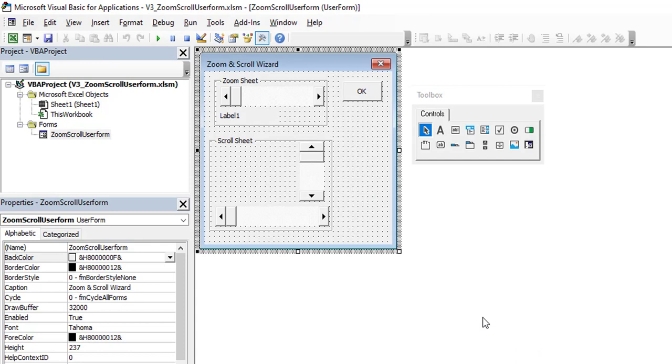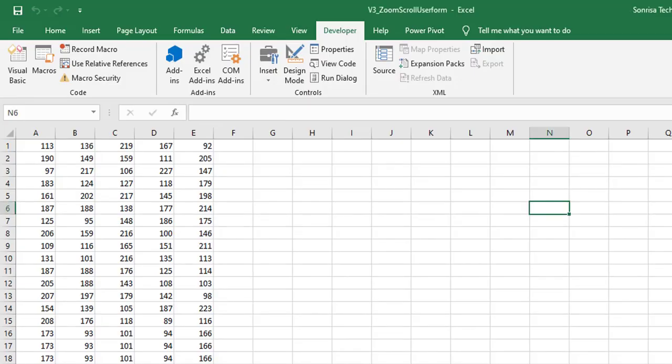We have completed step 1. Next step is to enable the user form using a button. Create a button in the front end to display the user form. To do this, add a button in the worksheet. Click the Developer tab, insert command button. Drag it to draw the button.